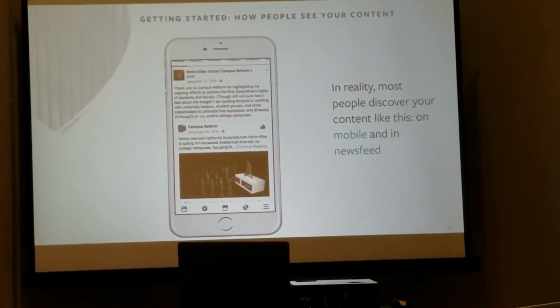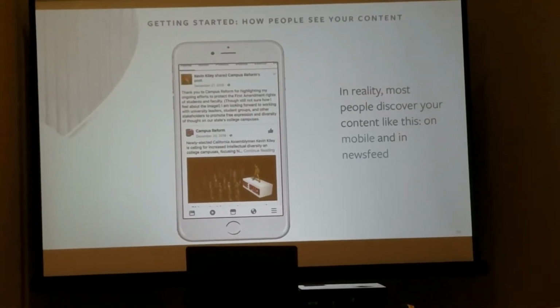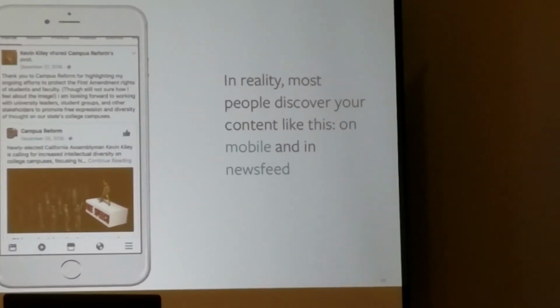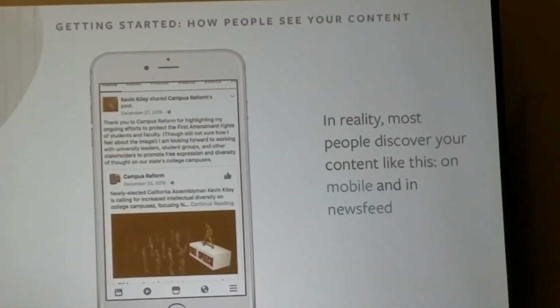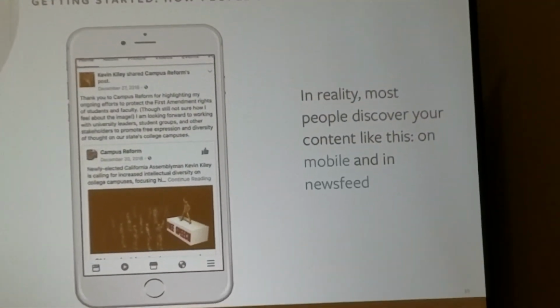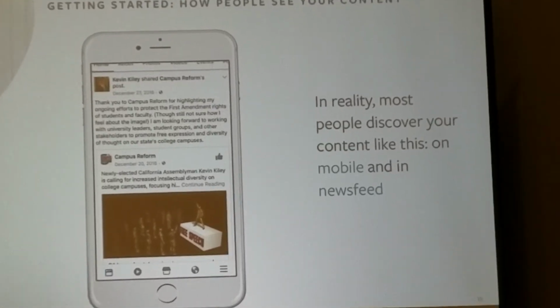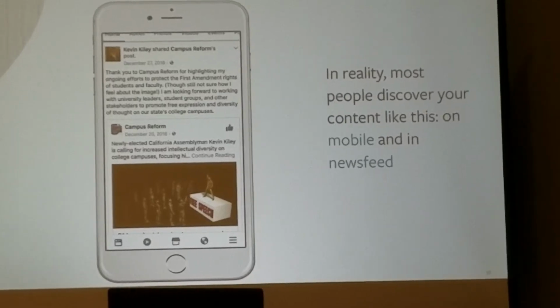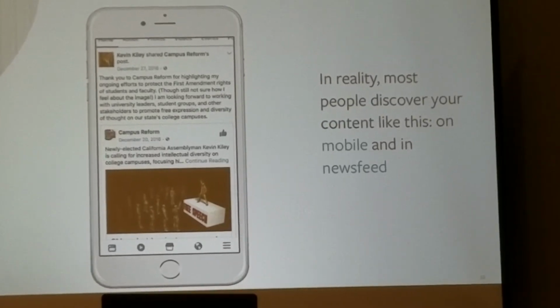They see it like this, on mobile and in newsfeed. 90% of discovery on Facebook happens on mobile. People are seeing your content on their phone, on their Facebook mobile app, which means you need to think about posting things that look good on a phone. And as we go through this presentation, you'll see that all of my examples are literally just screenshots from my iPhone because I want you guys to see the content the way the people you're trying to reach see that